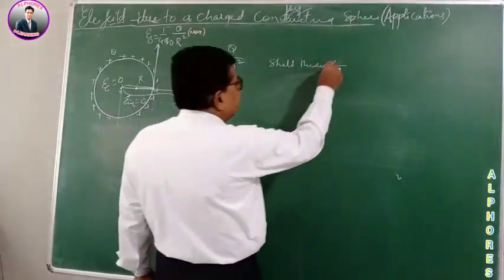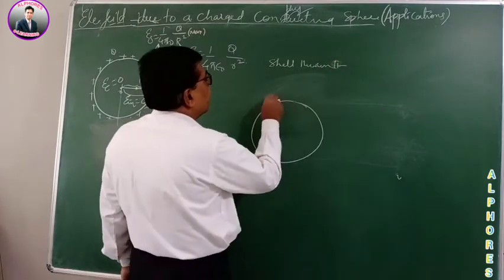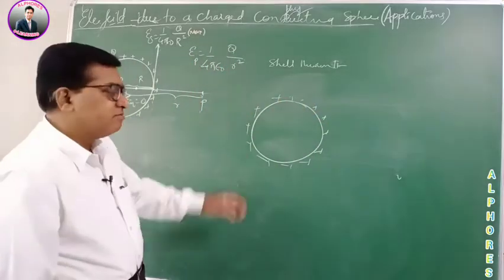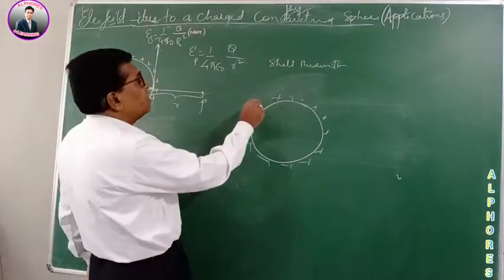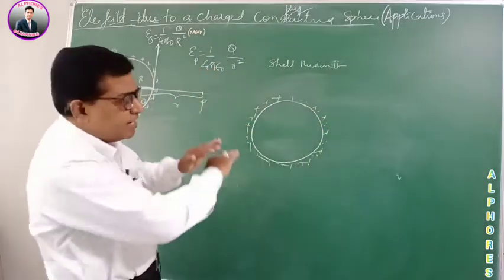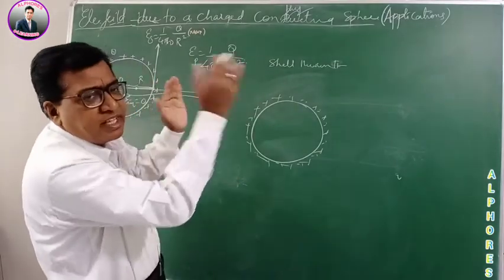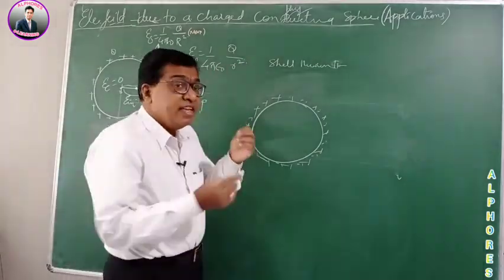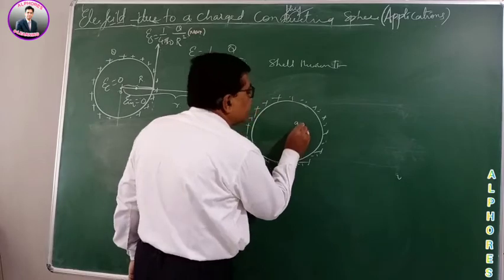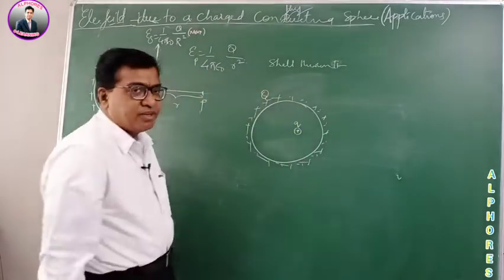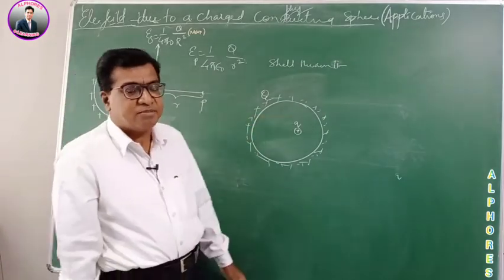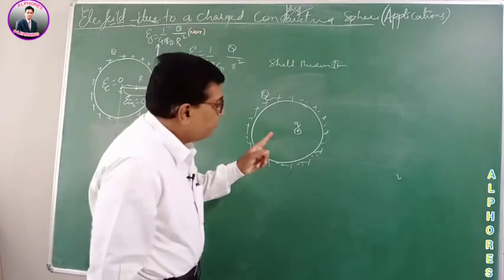Now considering theorem number 2, for a conducting charged spherical shell, or conducting charged sphere, whether it is a solid sphere also does not matter, because all the charge will reside on the surface. The charge is residing on the surface uniformly on the extremities. Now, if I consider a point inside, and at that point a point charge small q, the charge on the sphere is capital Q, and I am imagining a point charge small q inside the spherical shell.